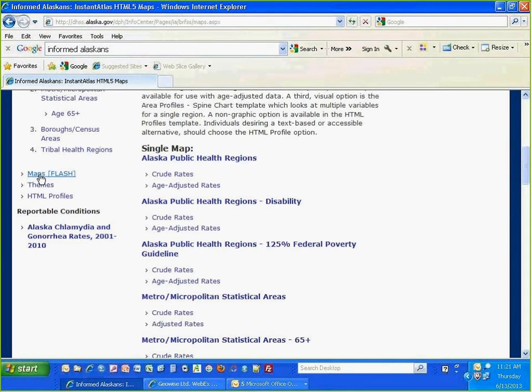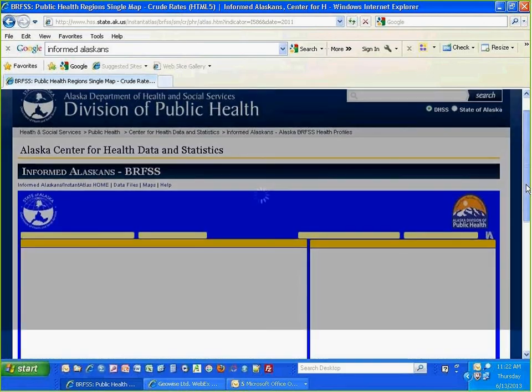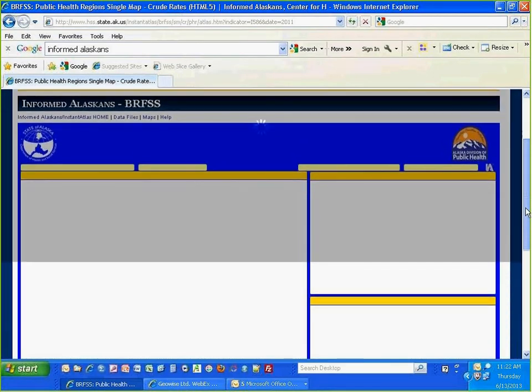So it's extremely comprehensive. Because we are an agency of limited financial resources, I also have retained the option of displaying flash versions of all of my presentations for those people who either have older computers or are unable to download a newer browser. And then just taking a look at one of our Alaska Public Health Region maps,